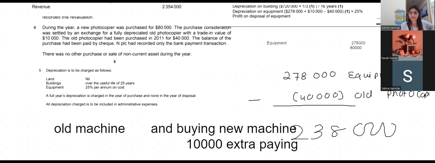Okay, 62,000. And your profit on disposal would be 10,000, because that is a trade-in value that you got. The depreciation had been fully, the asset had been fully depreciated. Okay, fine. Done. Yeah, miss, if a similar question like this